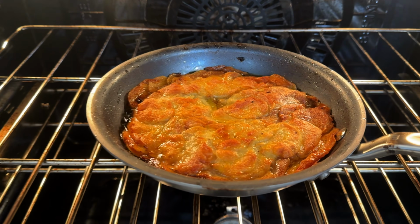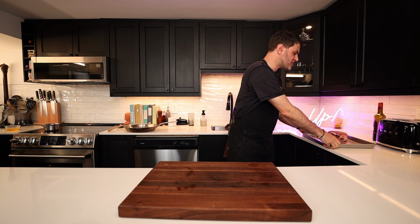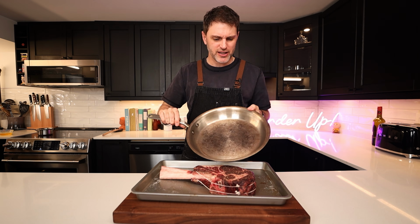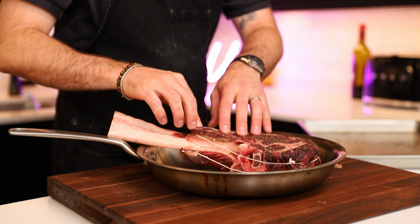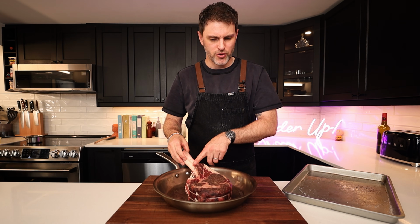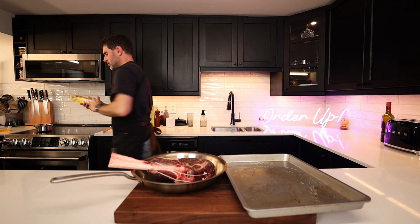Well browned, crisp, got it. Moving on to the main event here, which is the beef. Heavy oven-proof pan. I'm using the biggest surface area I got. You see, it needs to be big enough that you can sear it. Obviously the bone is an issue here, but you can't sear something on this, so